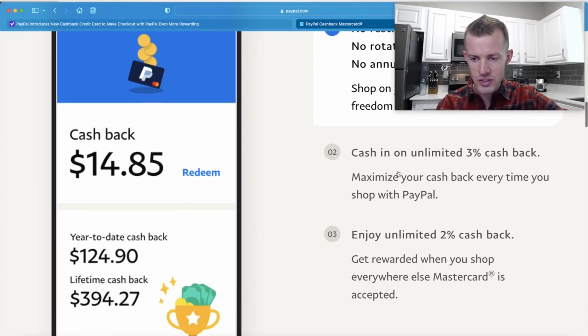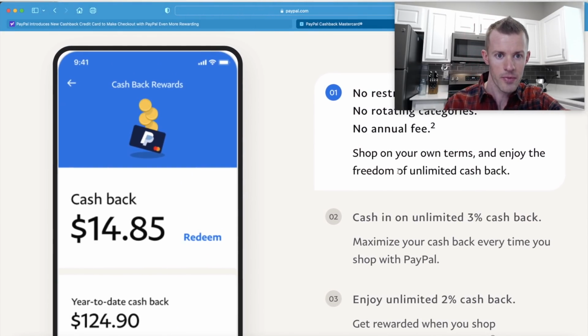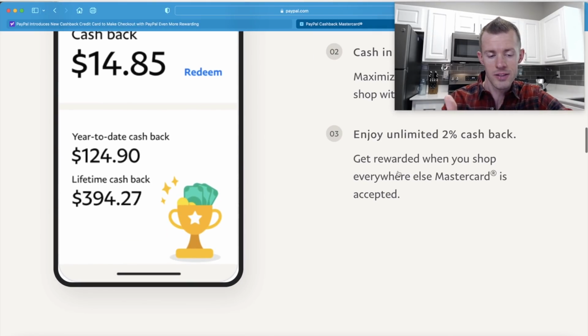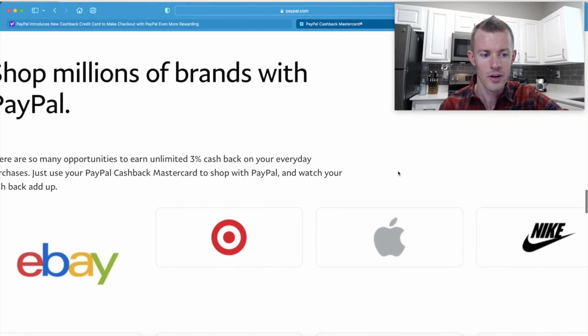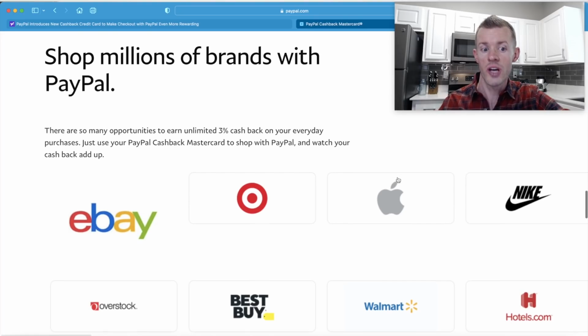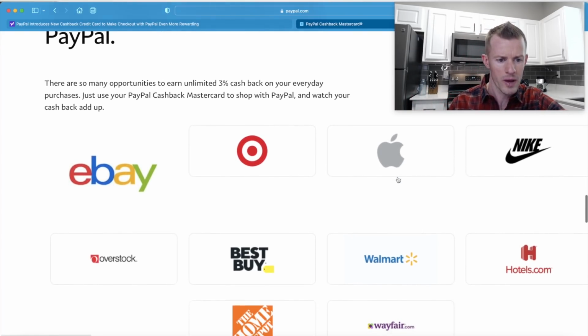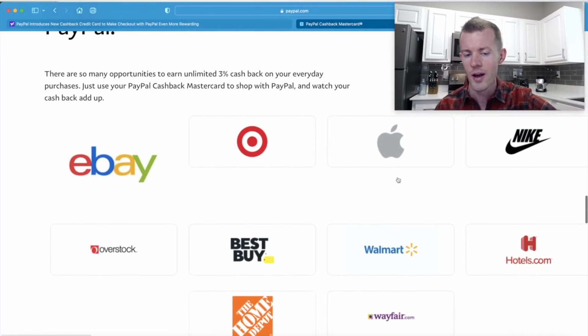A little more about the stuff we already discussed, 3%, 2%, okay, cool. Obviously that screenshot looked at the app there, very simple to look at your balances. There's no confusion there whatsoever. And here are some examples of brands that already accept PayPal for checkout. So we got eBay, Target, Apple, Nike, Hotels.com, Walmart, Best Buy, Overstock, the Home Depot, Wayfair, and of course many